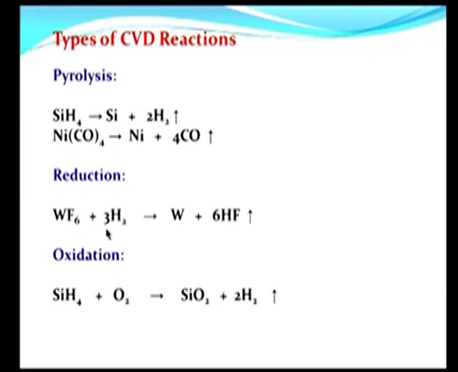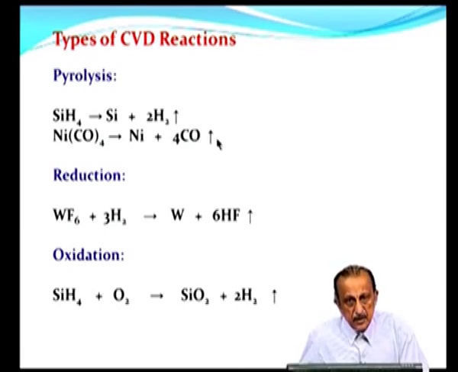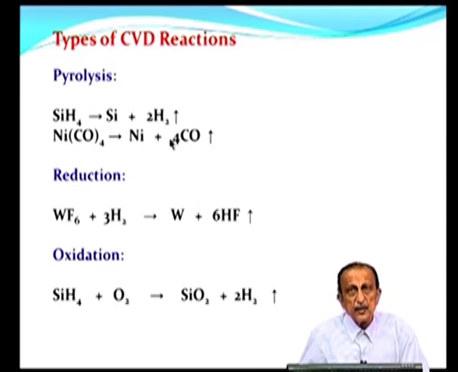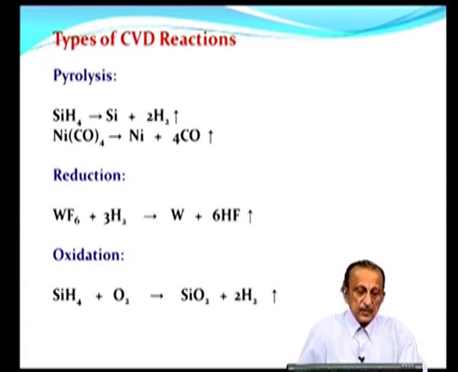Tungsten fluoride is reduced by hydrogen into tungsten, which is again an important part of the tungsten plug process in VLSI fabrication. Silane is oxidized into SiO2 and so forth. Now, all these are reactions that occur on hot substrates, and the temperatures required depend on the kind of reaction. So, it can vary from a couple of 100 degrees to several 100 degrees,